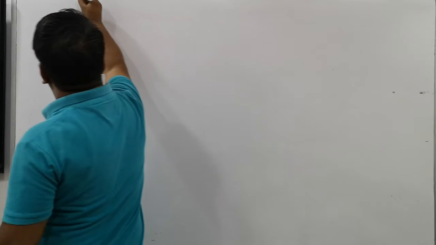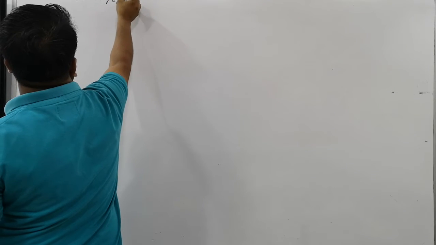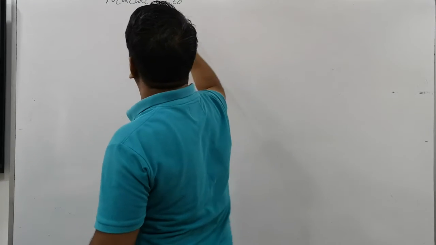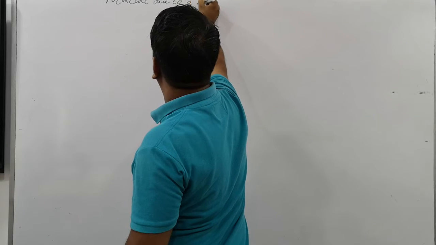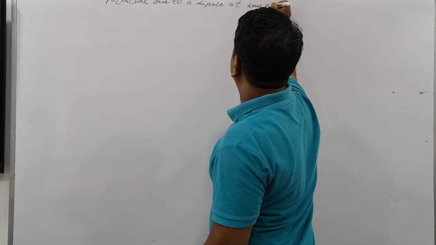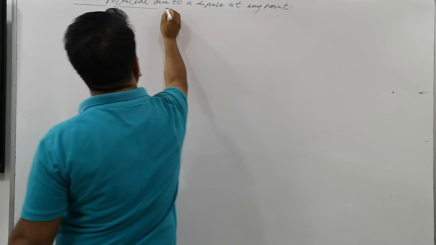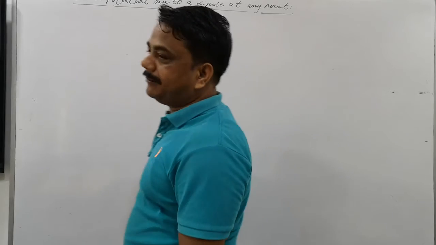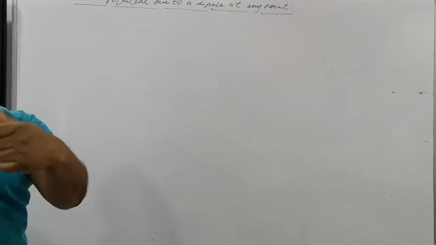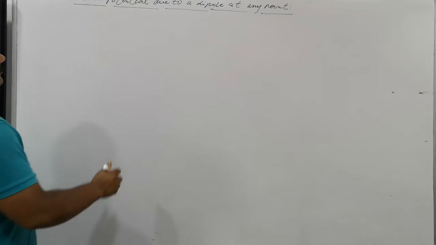Please write: electrostatic potential, electric potential due to a dipole at any point. I'm not telling this at the equatorial position or axial position, but sometimes in examinations this question comes for the equatorial position. But in this formula, we'll just change the cases. We will give the different cases, which will help you to understand.